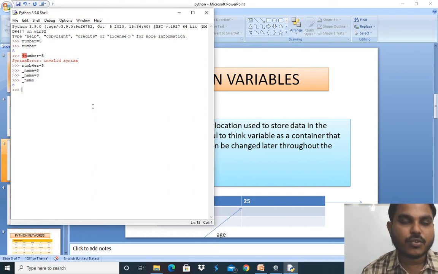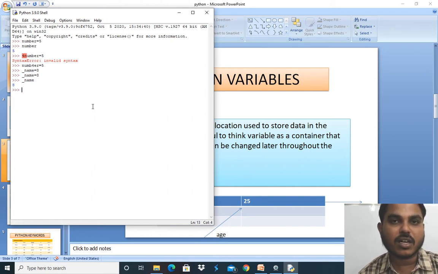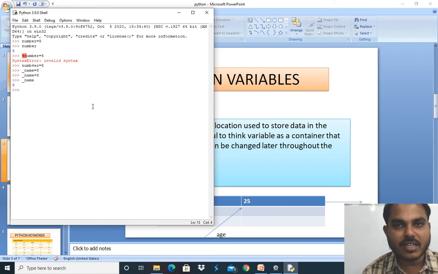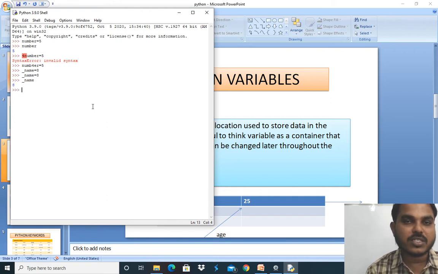Suppose you do not want to change the value assigned to a variable, say, for example, the name of your school throughout the entire code. It is going to be a static or standard value, so the variable must be written in capital letters.